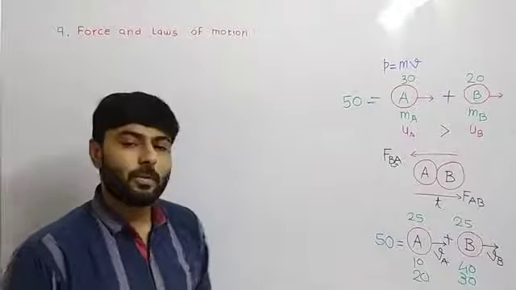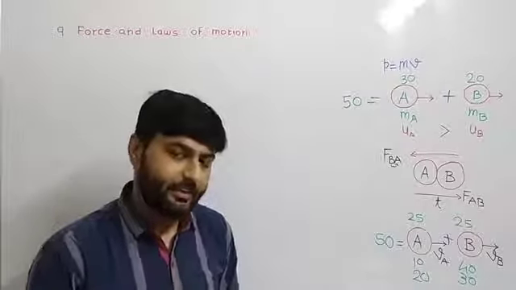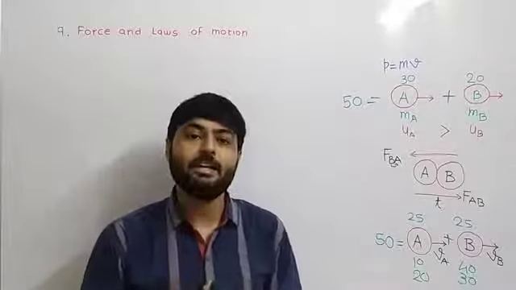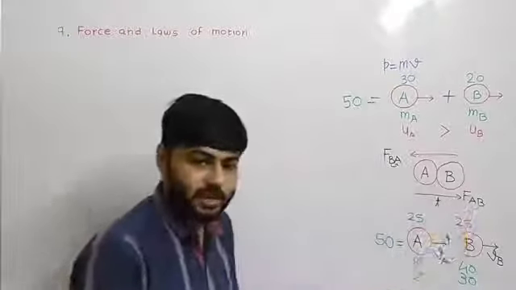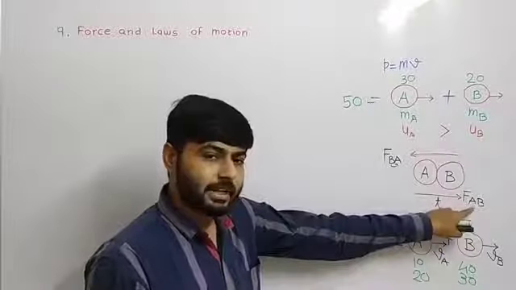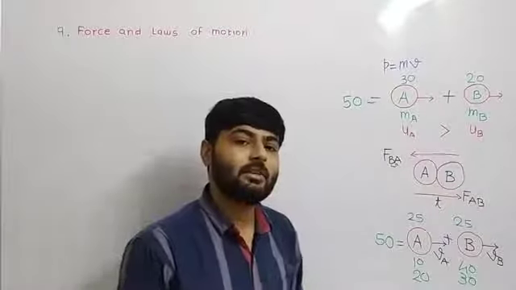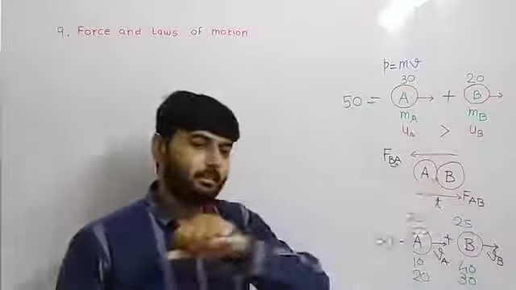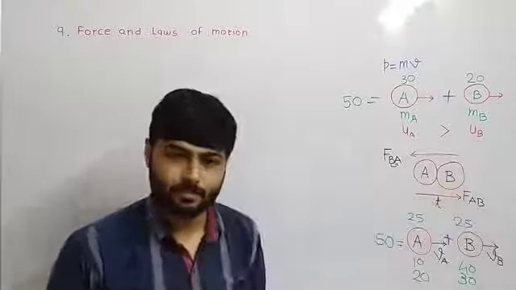Third law said for every action there is a reaction, and this reactive force is equal in magnitude and opposite in direction. So here I have force that is the same, FAB, which means the magnitude of force is the same, FAB will equal FBA, but the direction will be opposite. If this AB is in the right side direction, this BA will be in the left side direction, or if AB is in the left,